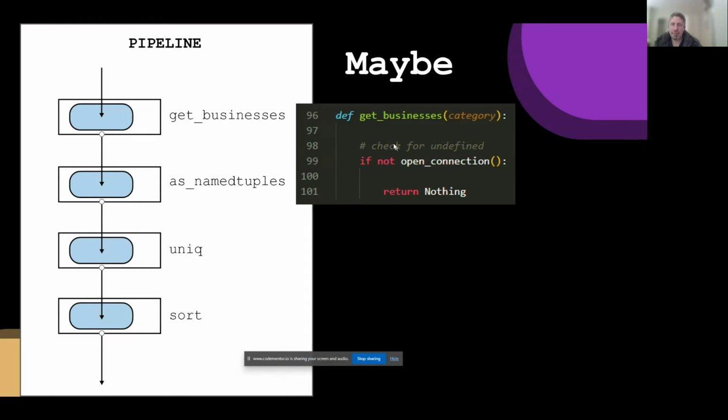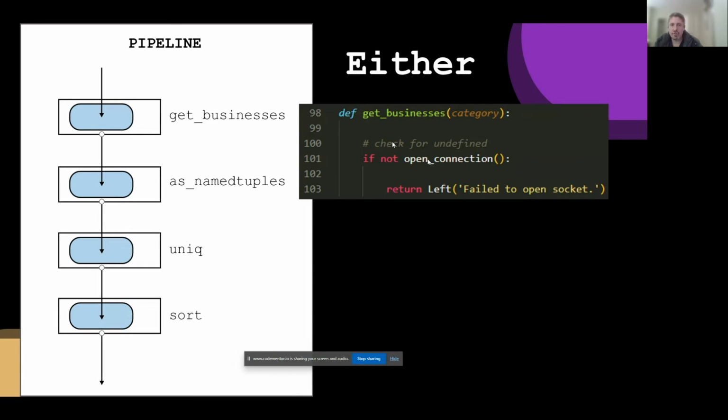So coming back to our pipeline, let's look at the get businesses function in our pipeline. If we want a maybe pipeline, what we could do in the get businesses function is check for an open connection. If there isn't one and we want it to propagate out of the pipeline, we would return a nothing monad. Conversely, if we are using an either pipeline, we're doing the same check, we would return a left monad, which is a failure monad, wrapping an error message that we want propagated out of the pipeline. So it's sort of like an